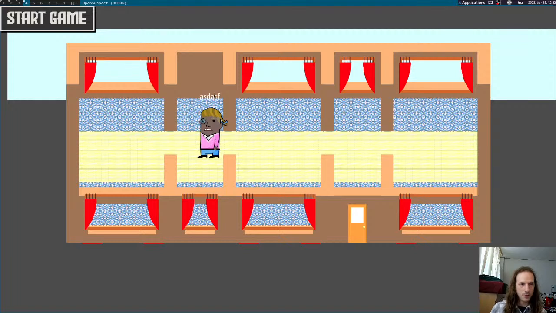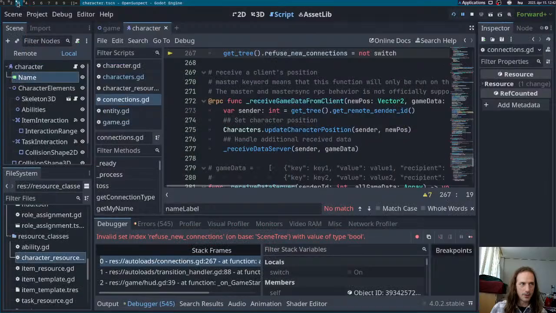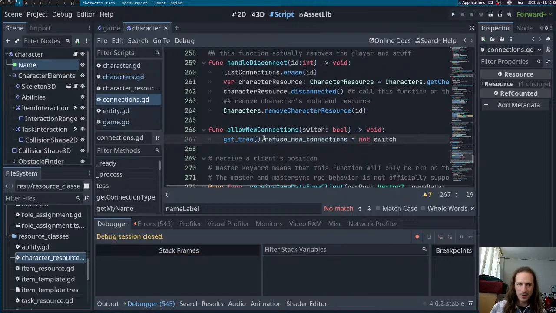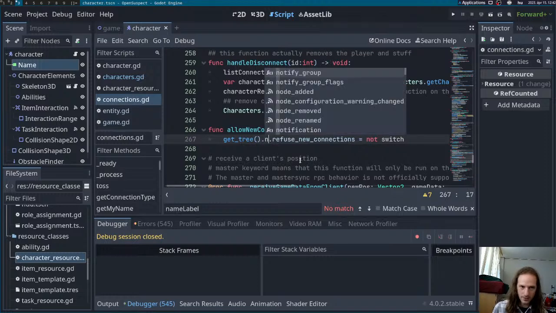So we cannot move, but we actually load properly, and then we press start the game. And that's when we get into trouble, but this is going to be easy because this is going to be just get tree dot